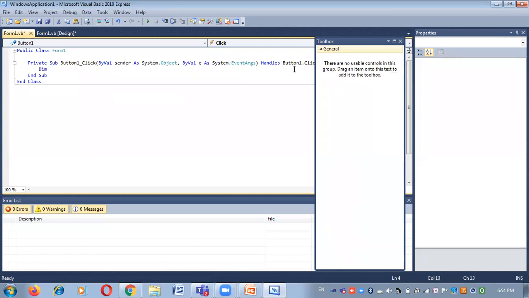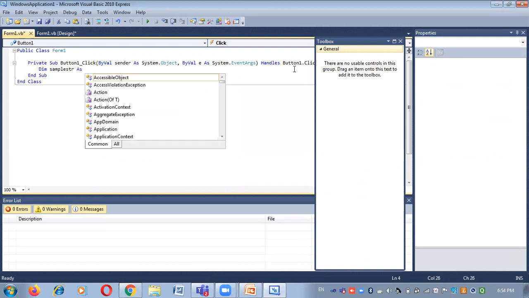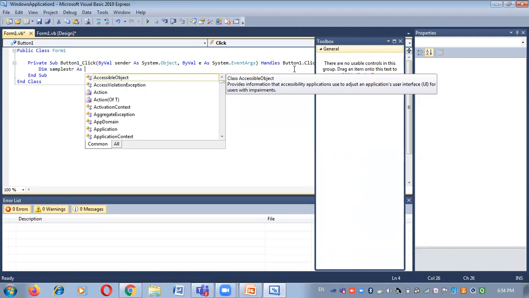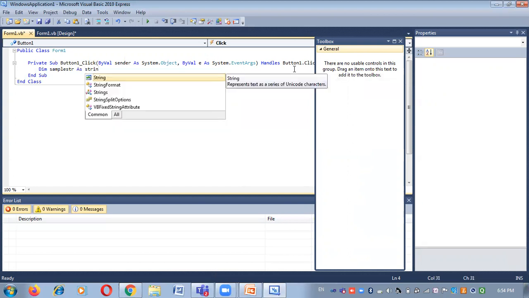Here I am declaring some variables. Variables are declared in Visual Basic with the Dim statement. Dim means dimension of the variable. After writing Dim and the name of the variable, the As keyword is displayed; you just select As and the data type of the specific variable. If I want to concatenate two strings, the type of the variable is string. So I'll just select string.